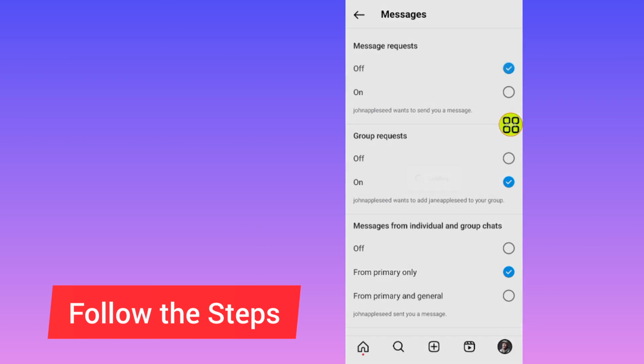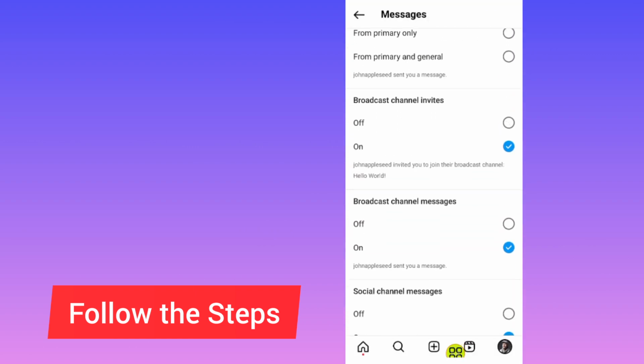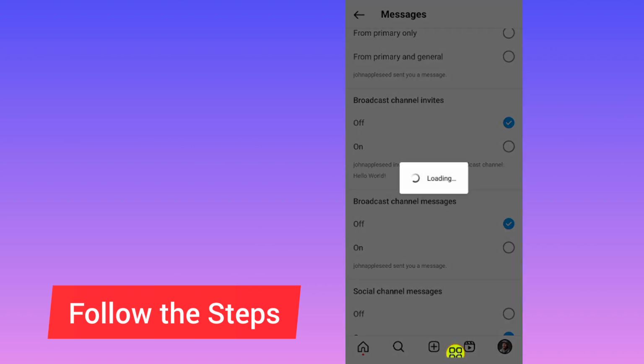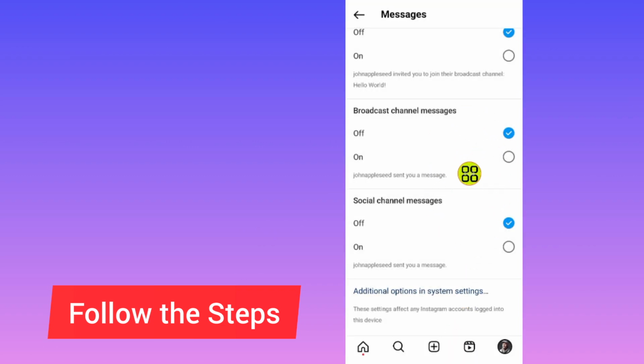Just change it to off. Change it to off in this section. Scroll all the way down and turn them off, as you can see now, all of them. Off. So after you finish turning them off, as you can see now, I turned off messages notification on my